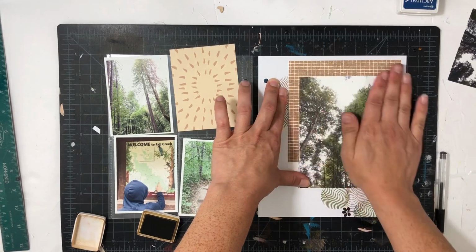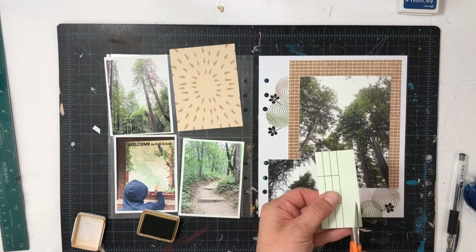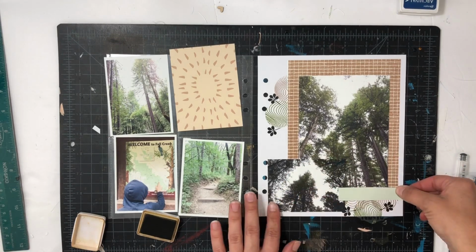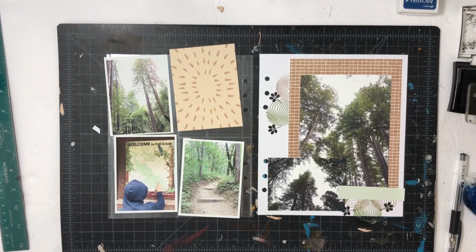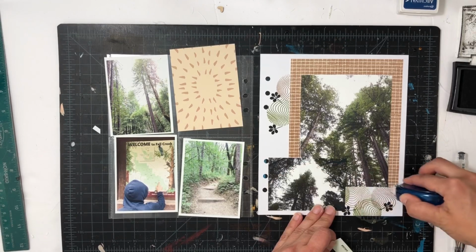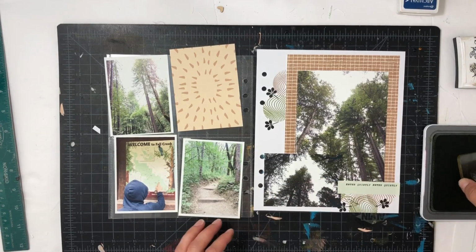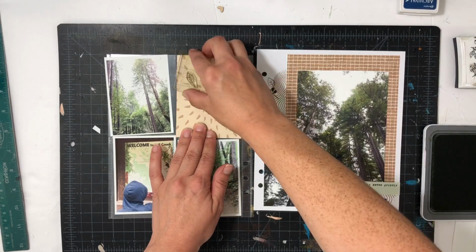I just do that sometimes to save paper, because sometimes I think about it, and there's no paper under there and it's just kind of a waste. So that's probably another reason why I do hybrid so much, is because I want to save paper when I can. One of my favorite photos to take for trees is definitely looking up. I have two different photos here, and I included both. One is a little bit darker, and one is a little bit brighter, which is the larger one that I used. I also am going to stamp over the circles,